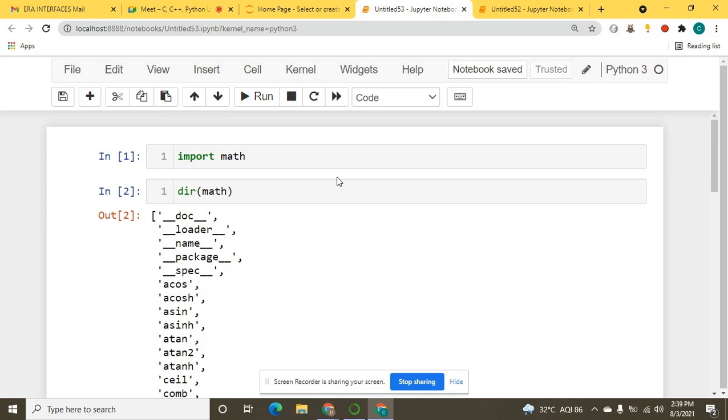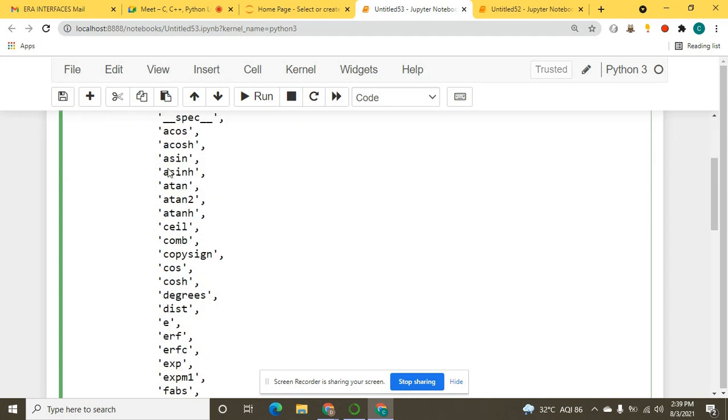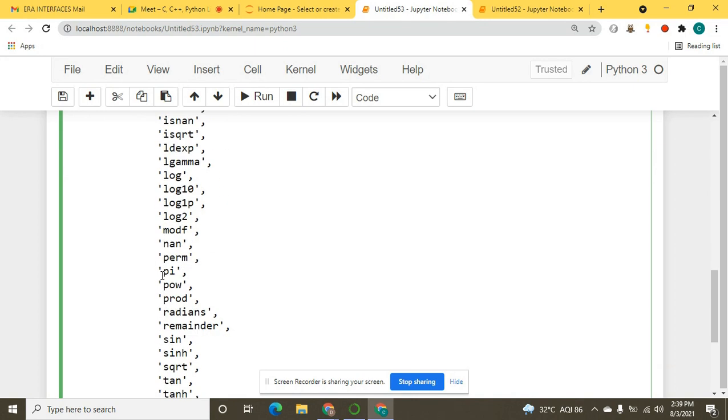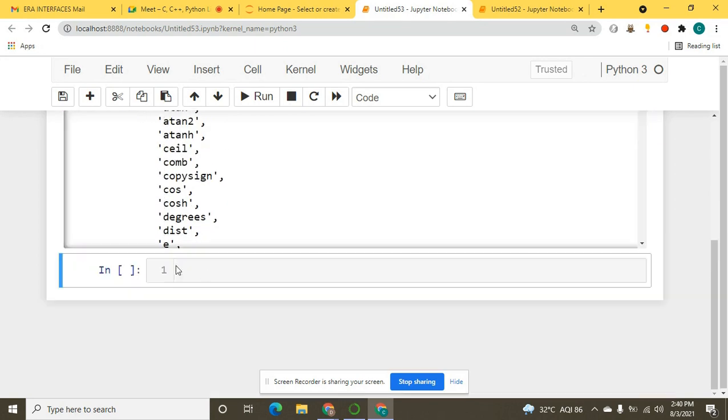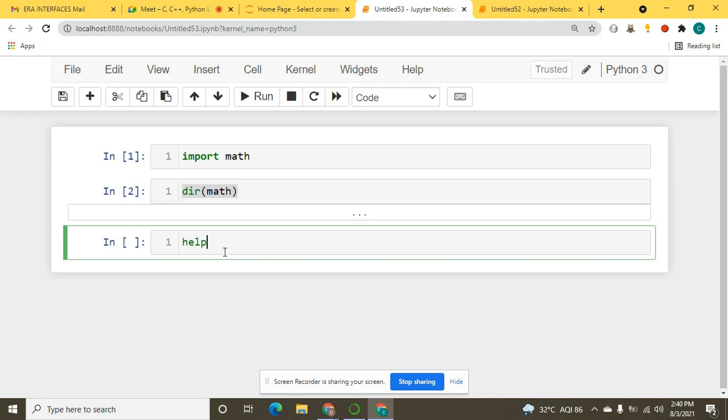So what can we do here? By this dir function, we just find out how many methods are included in this module. Okay, fine.